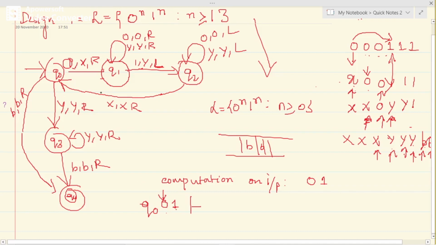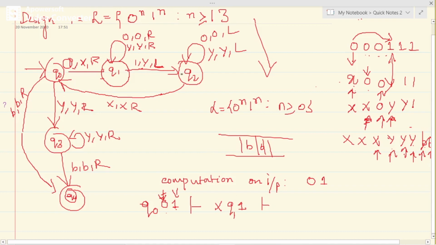So let's check here. Q0 on 0 is what? 0 needs to be replaced by x and then take a right move. That means you have to come here. Then Q1 on 1. What's the meaning?